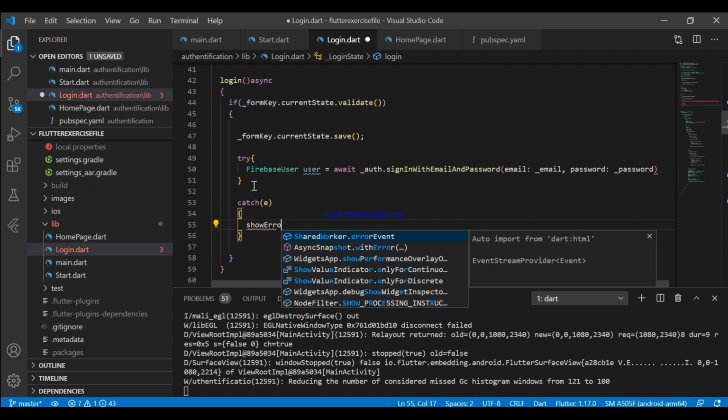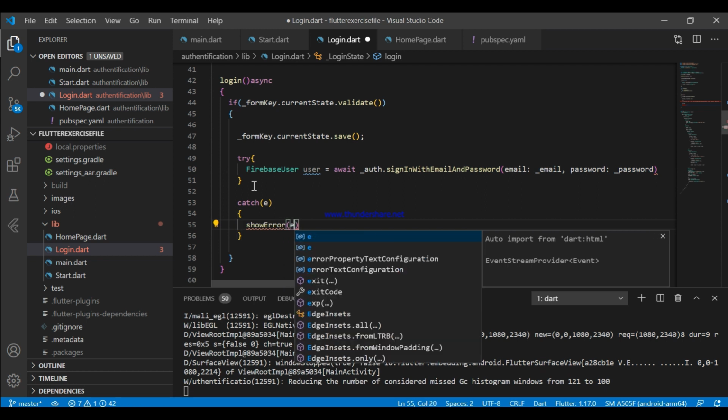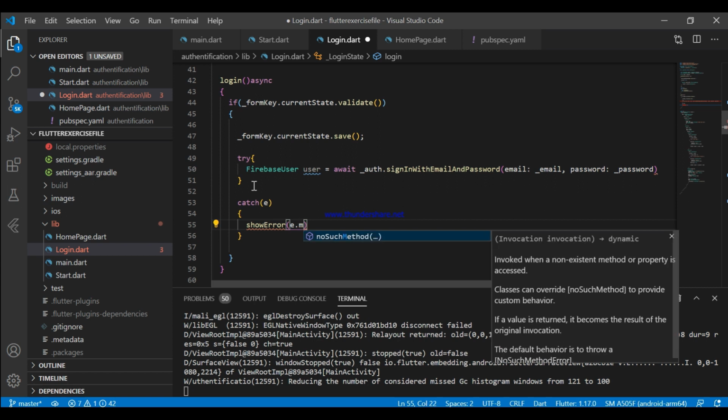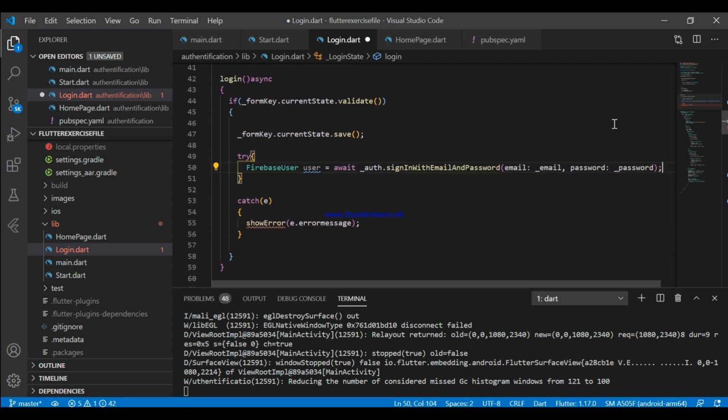For this I'm going to create this method just in a minute. This is the method that we are going to build. Show error dot e dot error message. Now let's create the show dialog message method for show dialog.